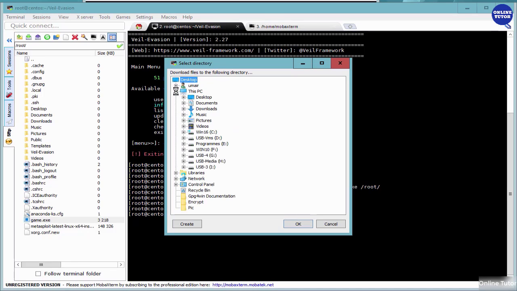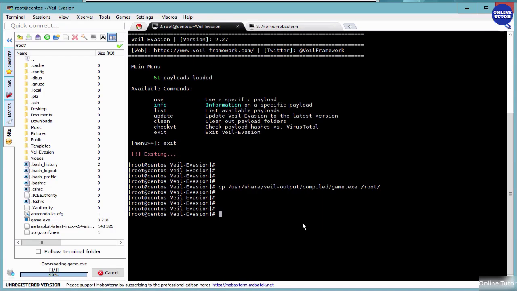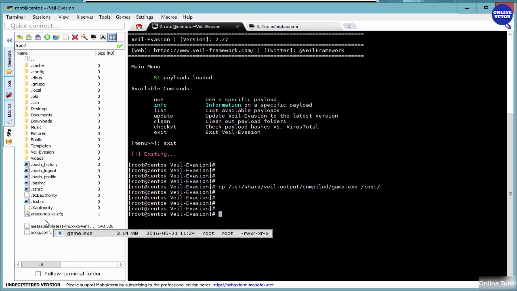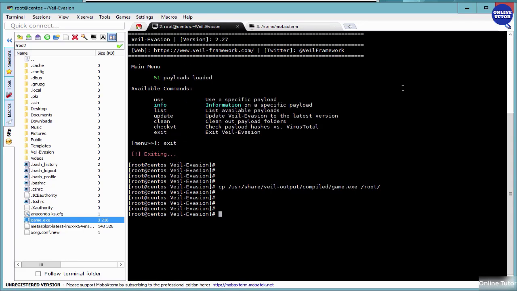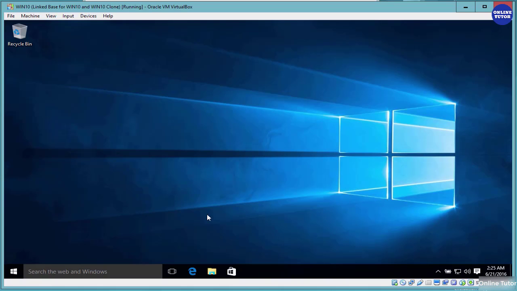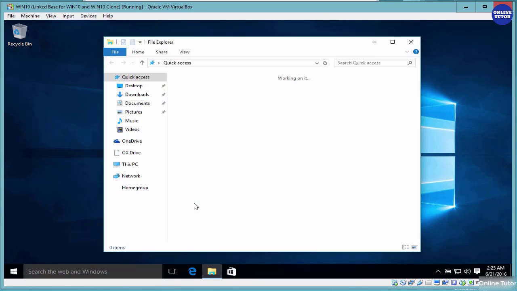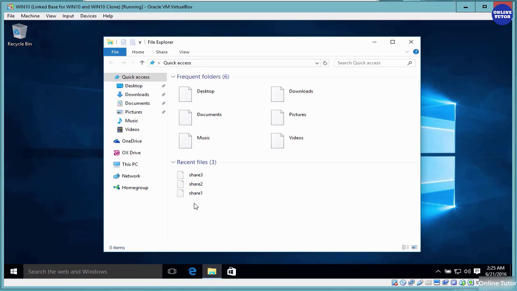So let's go ahead and go to this PC. We have USB 3 here. I'll move it to USB 3. Now that's copied. Once that's been copied, we can go back to the Windows 10 machine and make sure that it is enabled there. So all I did was download it to this USB drive, and that would have made it available on that drive. On the Windows 10 machine, if I go to the Explorer and let's have a look at that folder,